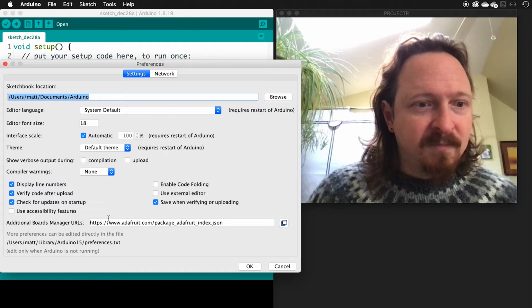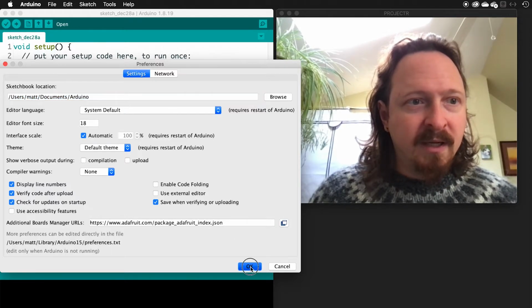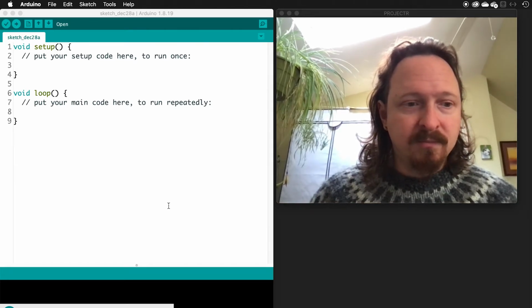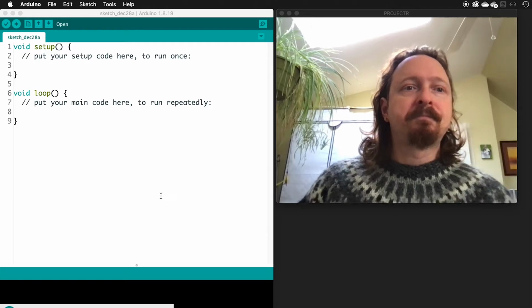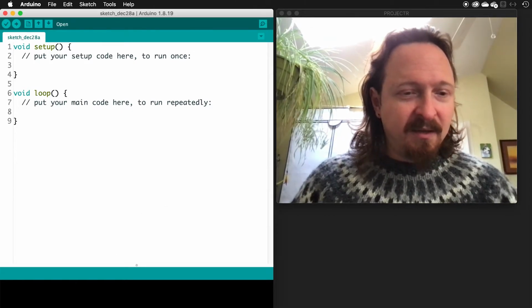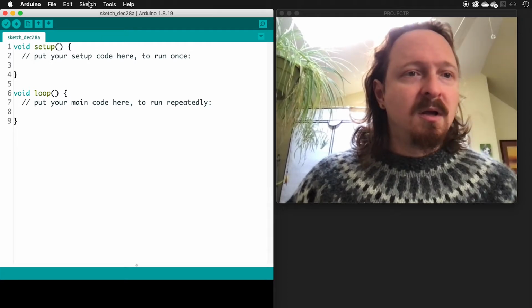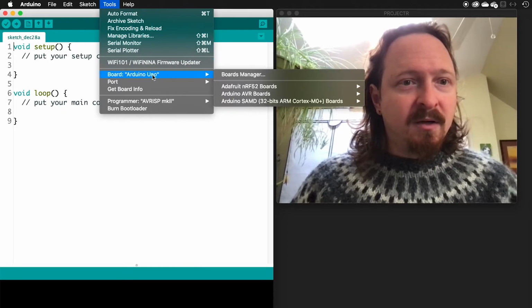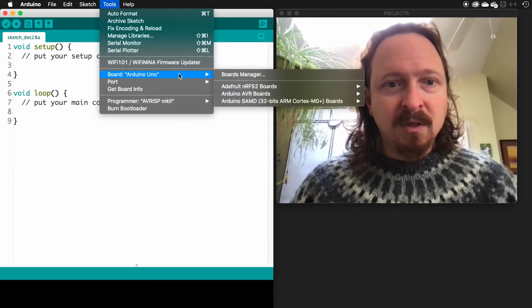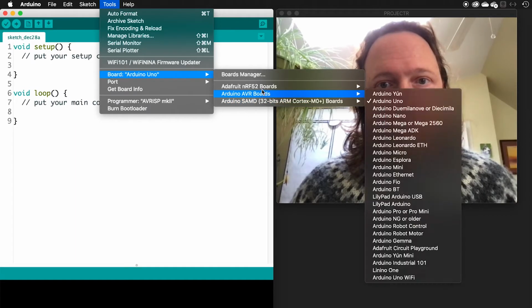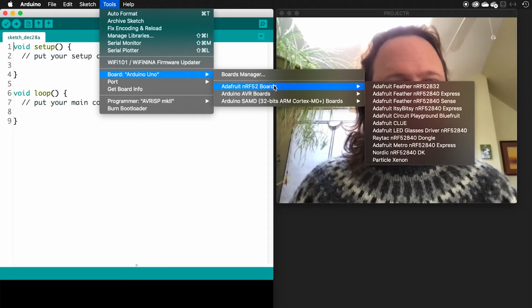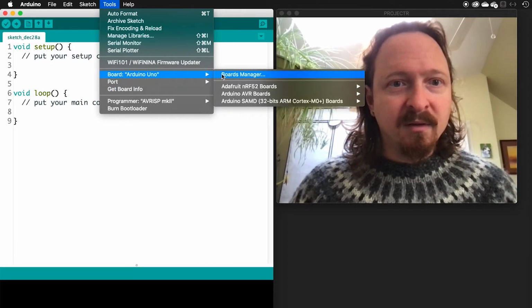So I've got that additional boards manager, and I'm going to say OK. If I change that URL, I need to restart Arduino again. And as you can see, it may give me a message here. There's some updates available, so let's see what those are. So to look at my boards, I'm going to go down here, and you see it's got board Arduino. And I've got my CPU connected, right, but it can't find it because I don't think I have this one installed. So I'm going to go to Boards Manager,